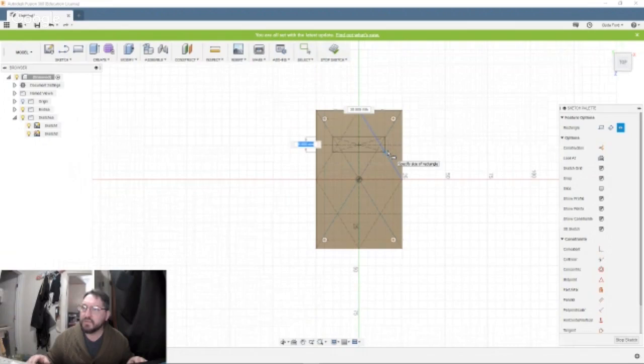So let's do 8. 8.2 by what? Oh, center gets the square. I knew somebody was going to get that one. All right, so we don't need anything that big going that way, but we have an 8 millimeter thickness square.